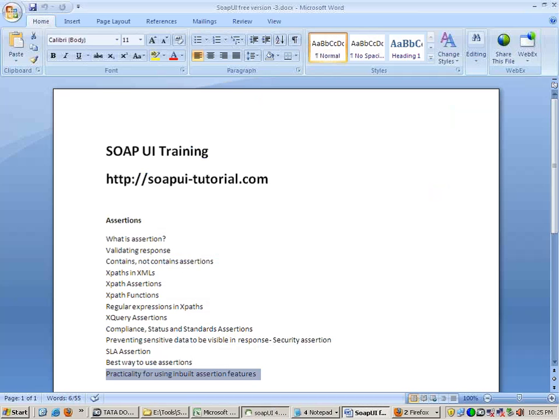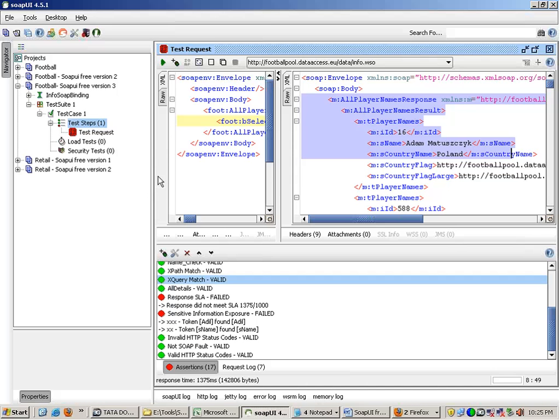And practicality for using inbuilt assertion features. I just talked about this topic in the complete flow itself. Practicality of using XPath assertions and all is quite less. Fine. XQuery, I can agree, it is quite practical. If you know it, if you actually work on XQuery a lot, if you have worked on it, then it is very, very practical. Okay. Otherwise, you'll have to give a lot of time experimenting with it, a lot of time exploring it. Fine. So better you use Groovy scripting when they have given